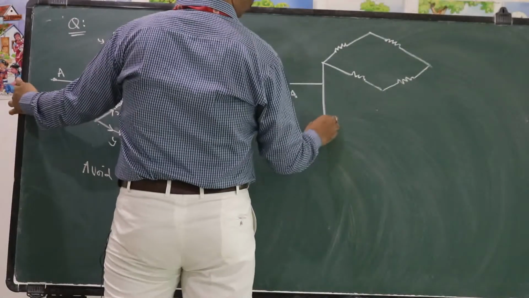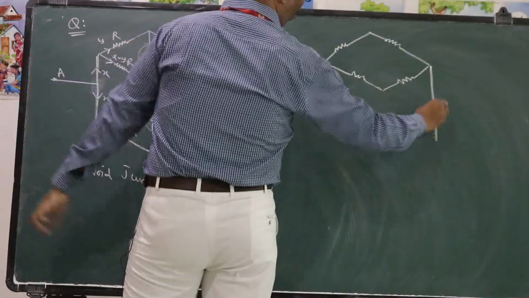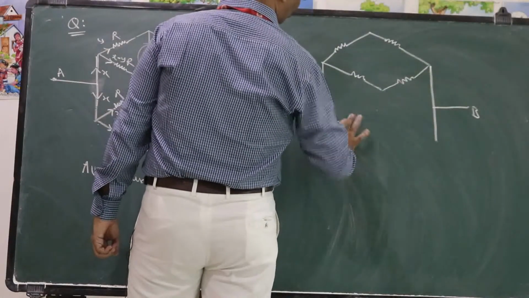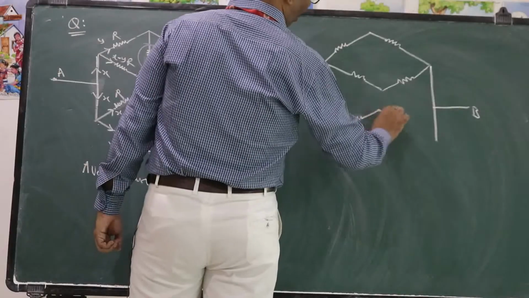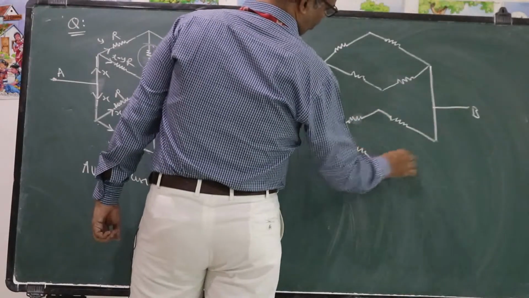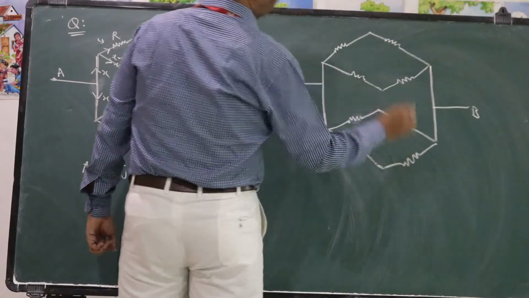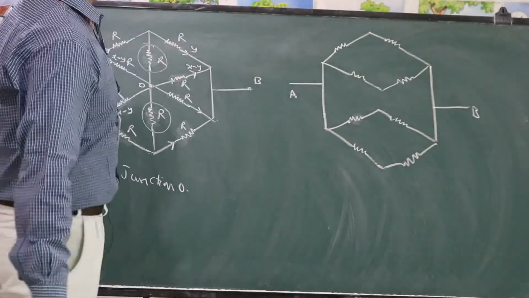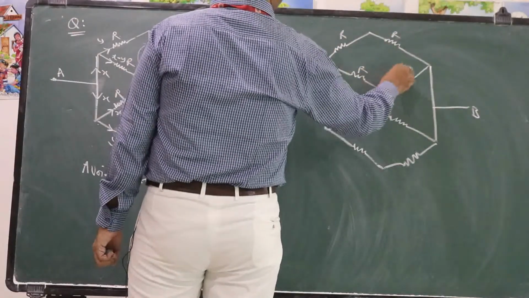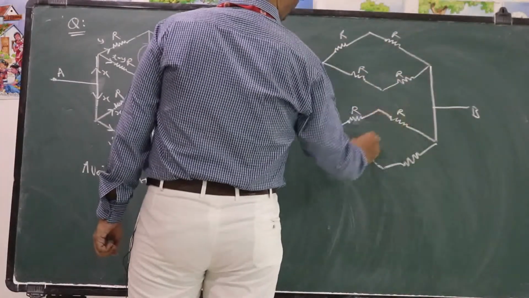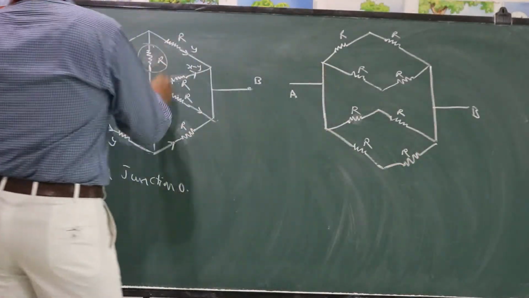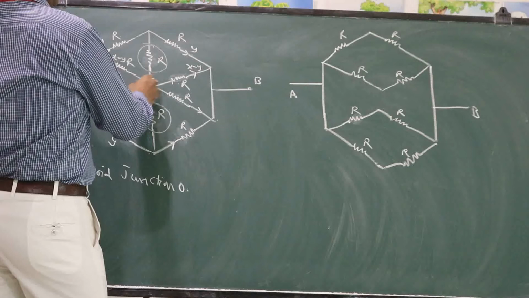From B also, we will find one more set of 4 resistors. Like this. R. So we avoided this resistance and we avoided this resistance and we avoided the